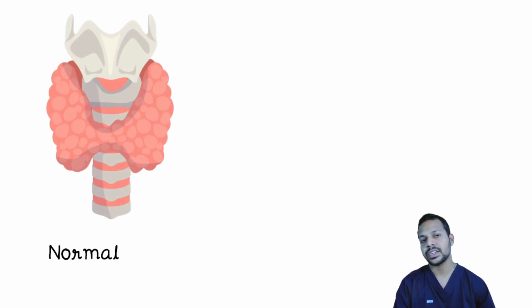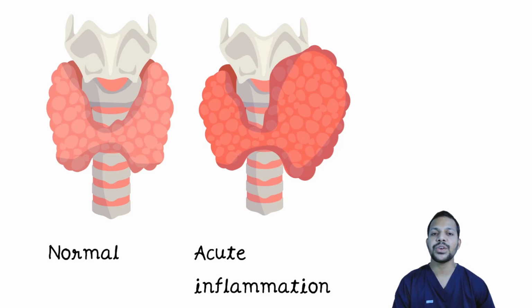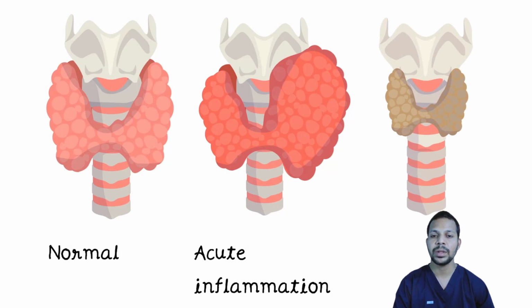This is a normal thyroid. When there is infiltration of the T cells and the B cells, the thyroid gland gets swollen, and the patients present to you with local symptoms like pain and goitrous swelling. After the acute inflammation is completely burnt out, the colloid and the thyroid follicles are depleted and replaced by fibrosis, because of which the thyroid gland will get shrunken. This is the stage where the patient will have obvious hypothyroidism. When there is acute inflammation, the patient can also have transient hyperthyroidism. We call it hashitoxicosis.